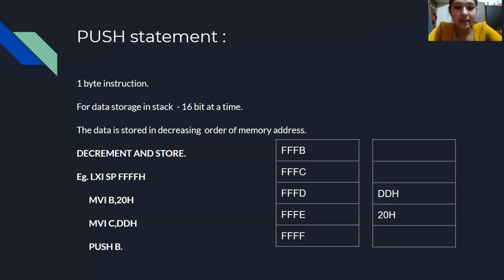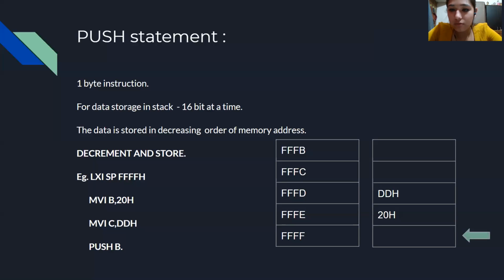Then, because it is 16-bit data and it always performs operations on register pairs, it will take the LSB, the DD data from the C register, and copy it to the next address, which is 1 minus the current stack pointer address. So this is what happens.